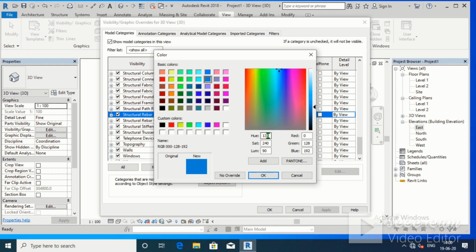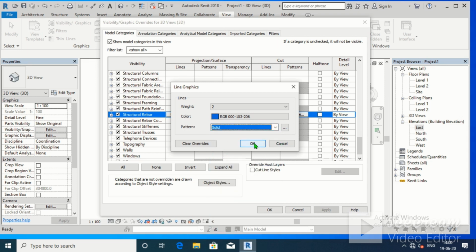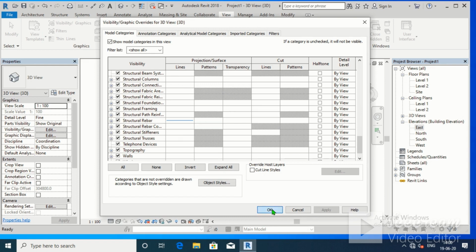I do not have a good choice of color, so I will type the value which is already there, 140 to 4097. Okay, this color only I wanted. Pattern solid. Okay, click on apply, click on OK.